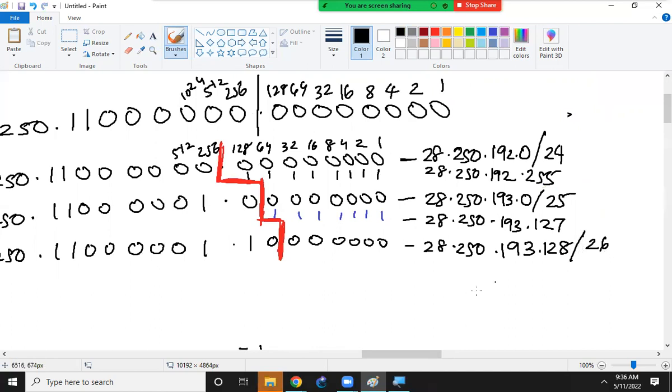Clear? Now again, to find out the broadcast, what will you do? You will make all the host bits as 1 here. So you already have 128. Along with 128, you are adding this much values. That means 1 plus 2 plus 4 plus 8 plus 16 plus 32 you are adding. Okay, so then you will get the value